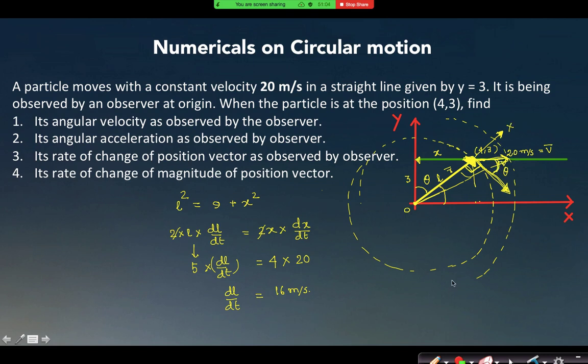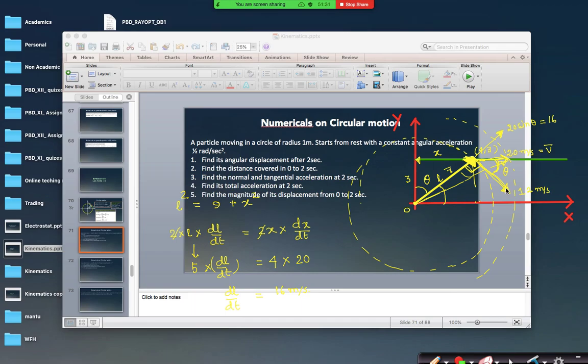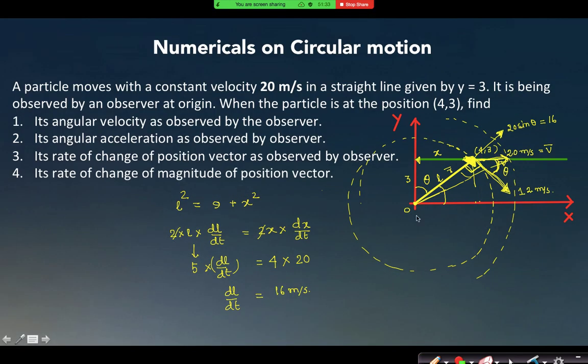particular lines. Right? What is the component of 20 meter per second along this line? 20 sin theta. And what is 20 sin theta? It is nothing but 16, yes or no? And what is 20 cos theta along this line? 12 meter per second. Now you can see one more thing, that as this component is 12 meter per second